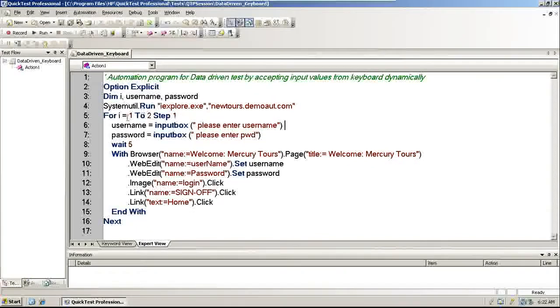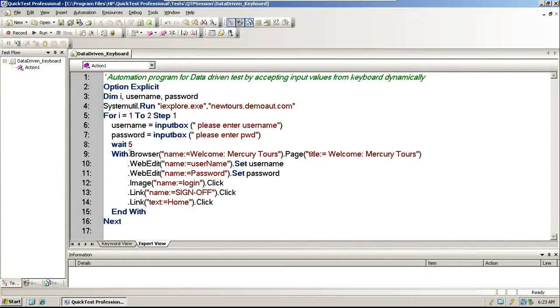Here I want to log in 2 times, so I am initiating a for loop that runs 2 times, and then using the input box to accept username, password, and synchronizing for 5 seconds. And then here I am simply navigating through the browser, username field, password field, and clicking on the sign up. That's it.